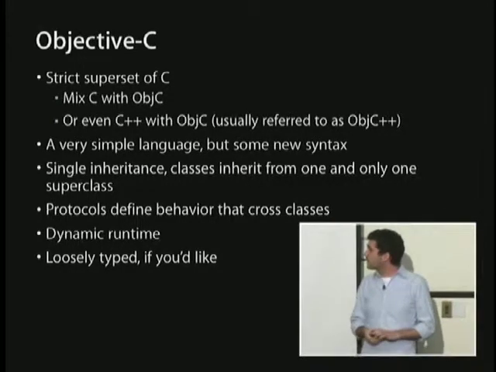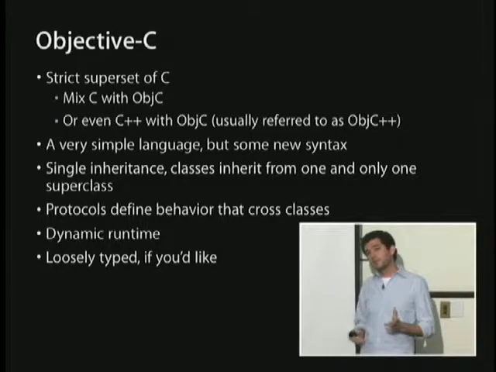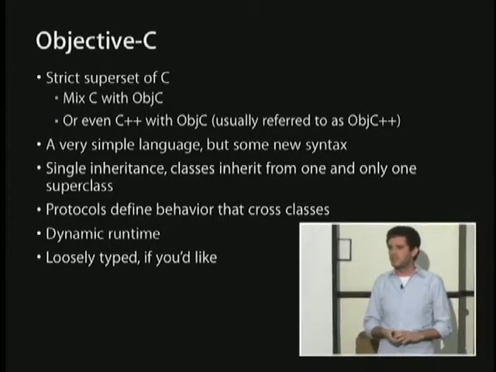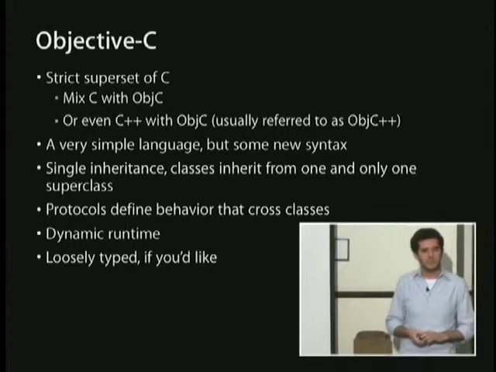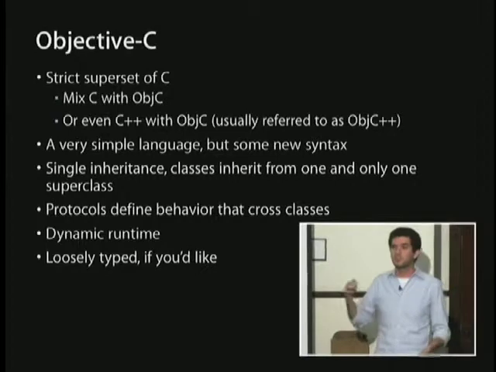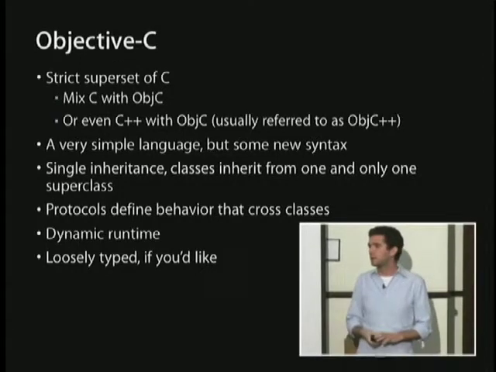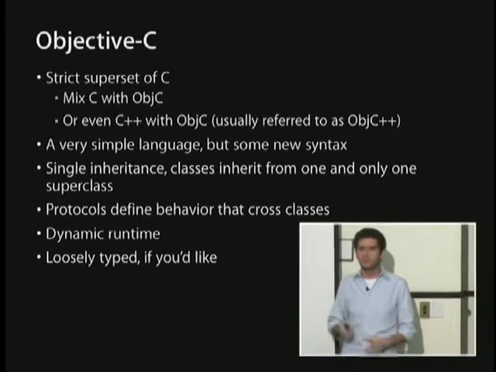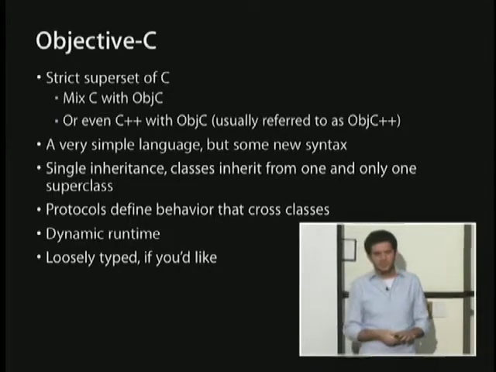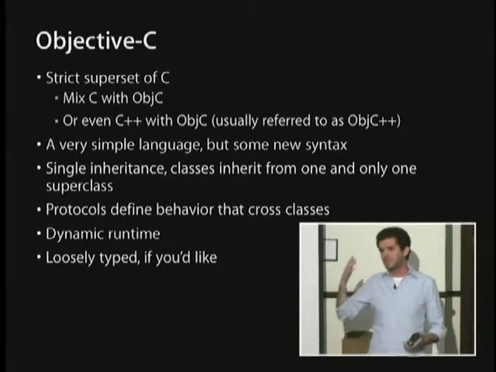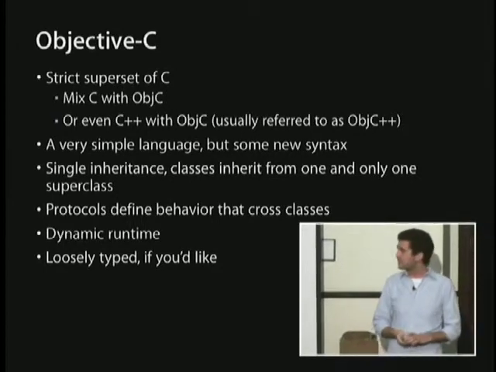So yeah, Objective-C only supports single inheritance. It's sort of simplified from the model in C++, where you may have dealt with multiple inheritance before. In C++, you can have multiple base classes for a particular object. They can inherit from two different classes. In Objective-C, every class has exactly one superclass. So the inheritance model is quite a bit simplified. It's a pretty straight chain from base class all the way up to its deepest superclass, because there's only ever one.